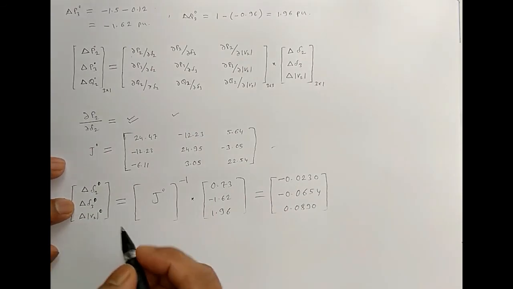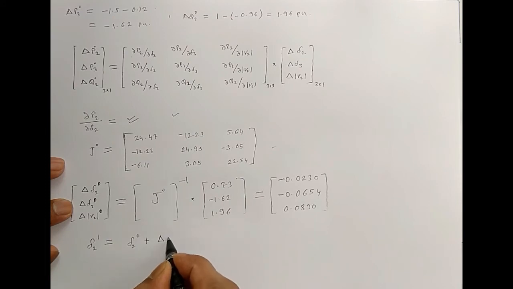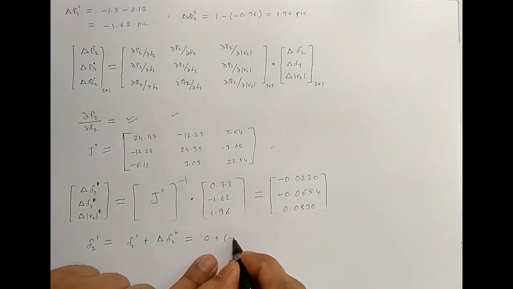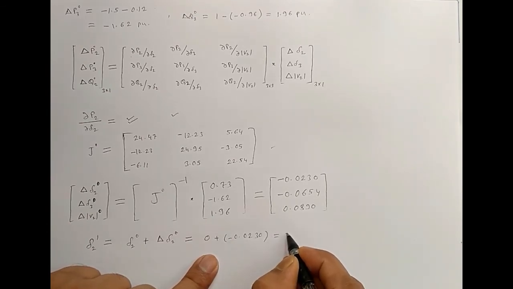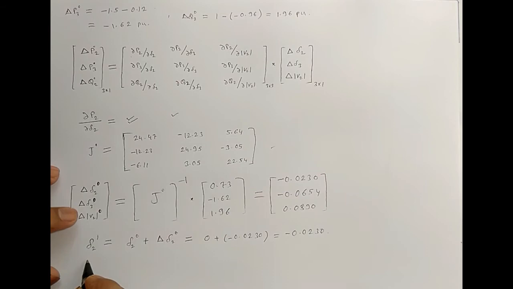Now obviously, delta 21 will be delta 20 plus some error of delta 20, which will be equal to 0 degree plus minus 0.0230. That means this is equal to minus